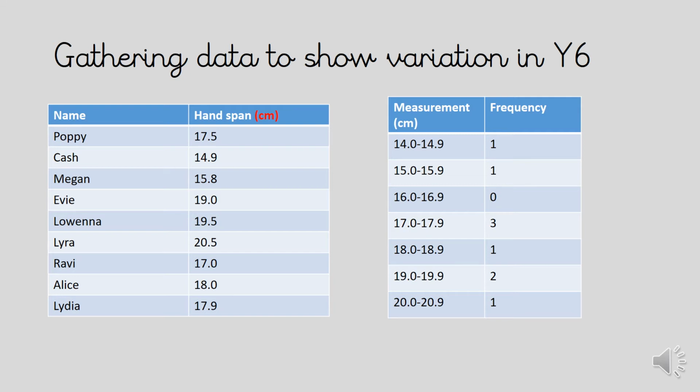So if you look at the top row of the frequency table, you can see it's got the measurement of 14.0 to 14.9. Now, how many times did that measurement come up? Have a look at my table with the children's names and their measurements in. Okay, that came up once for Cash. Cash had a measurement of 14.9, so I wrote a 1 in that column. So this is just one class's data, but we're going to put it with the rest of Year 6 data